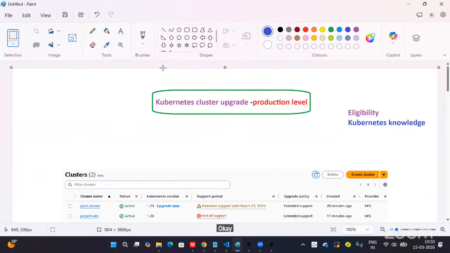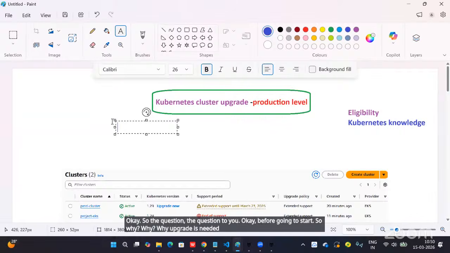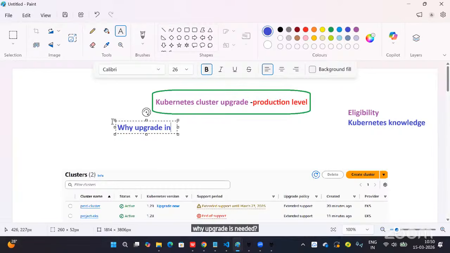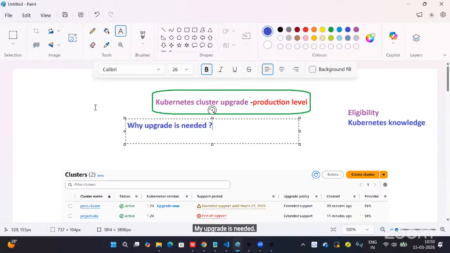Okay, the question to you before we start: why is an upgrade needed? Anyone? Yeah, many answers I can see. Salman is saying support and performance.